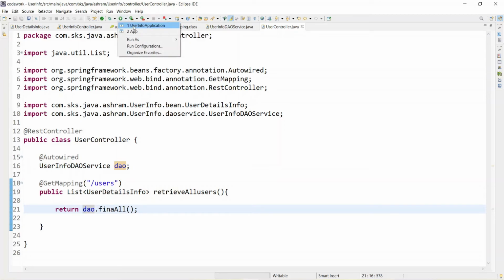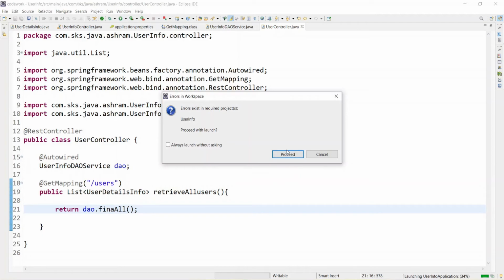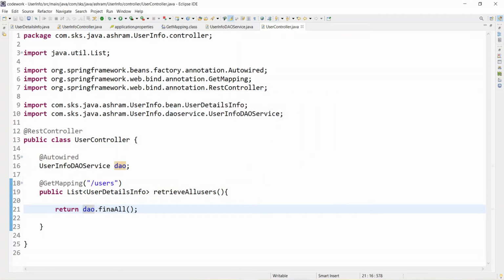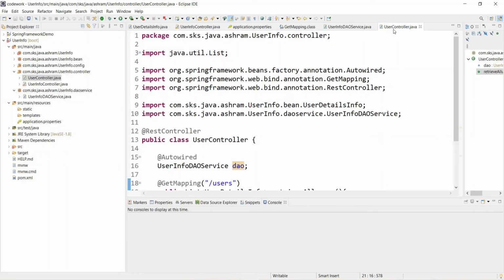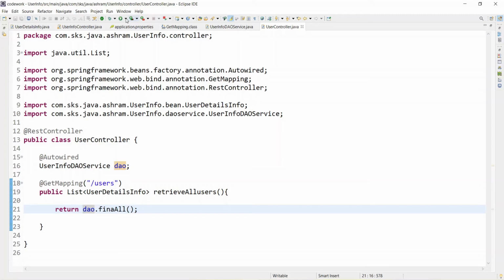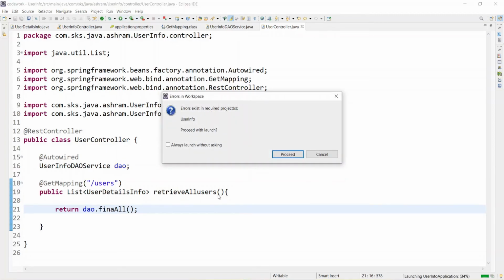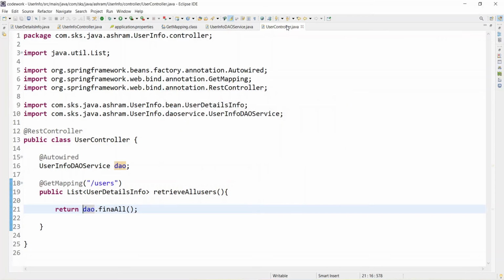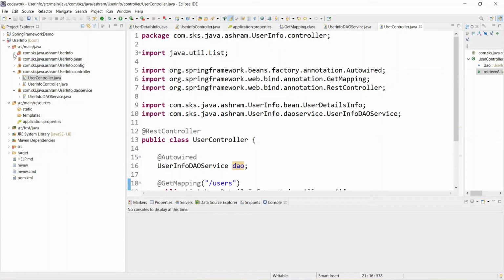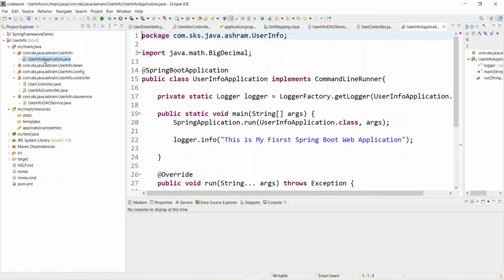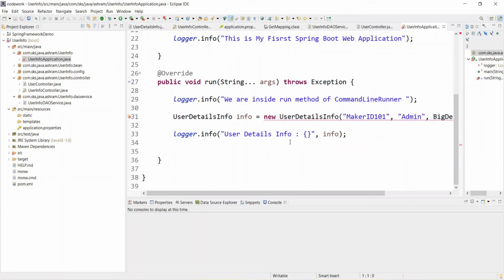So let's execute this. Why error? Process will enable launch without asking, cannot error exist in required project. To check what the error is, user info application, that was the earlier one that we had created.